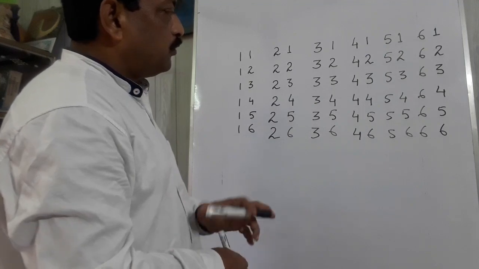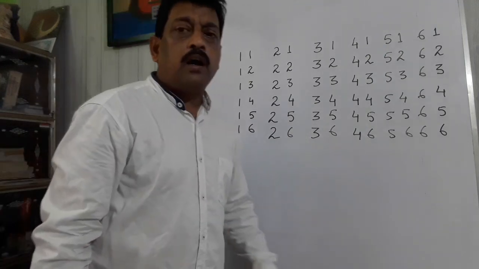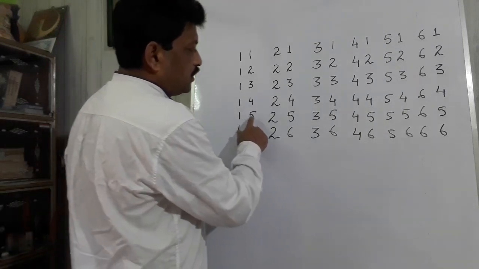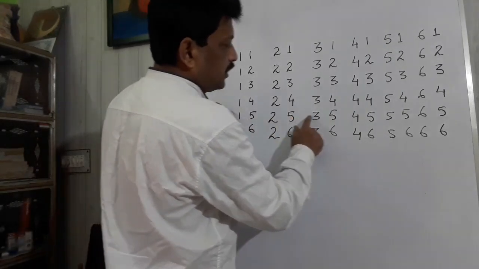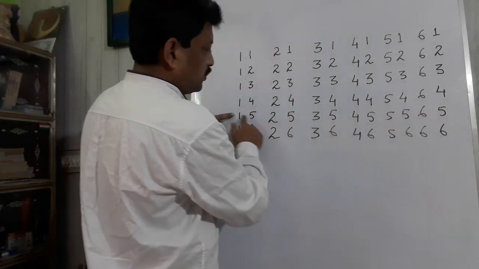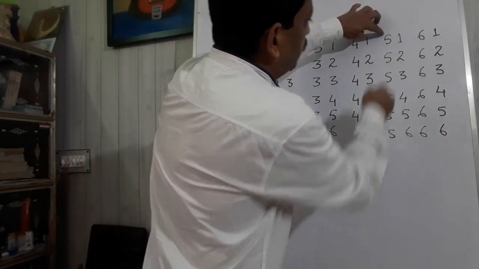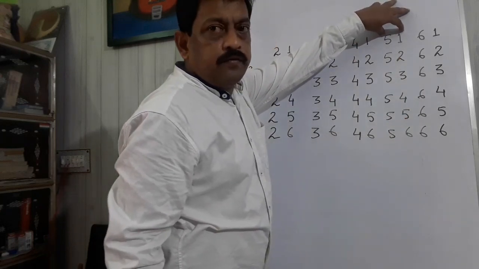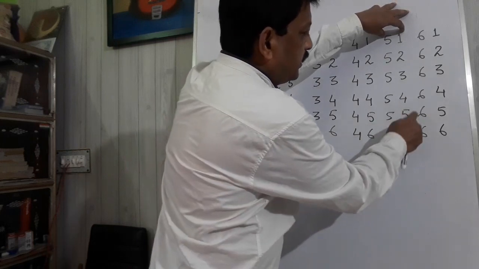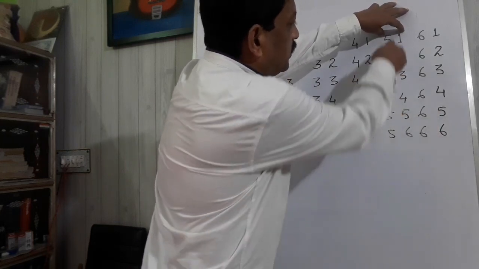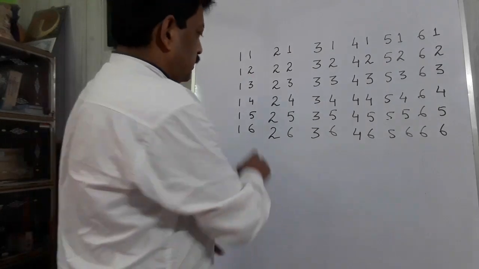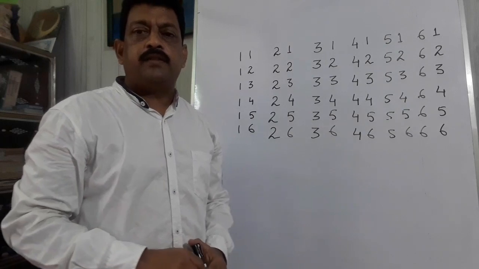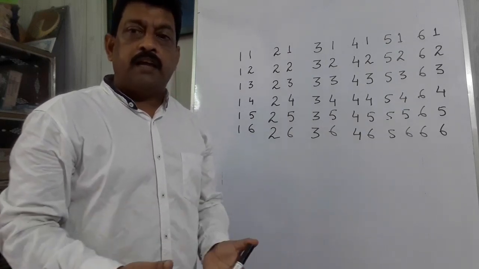Now we have also learned one more problem, that 5 will come at least once. So see here, this is the row which contains at least one 5. There are 6 outcomes, and similarly there is a column which also contains 5 in all the 6 cases. Since one is already taken in this row, I cannot take it again, the remaining 5 I have to take. So this side there are 6 cases, and this side there are 5 cases, total 11 cases. Therefore probability is 11 upon 36.